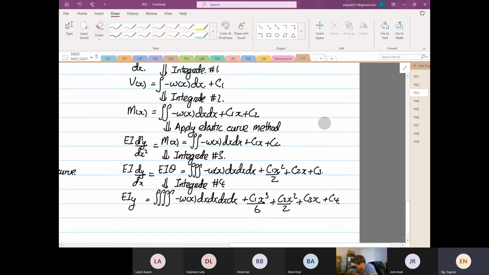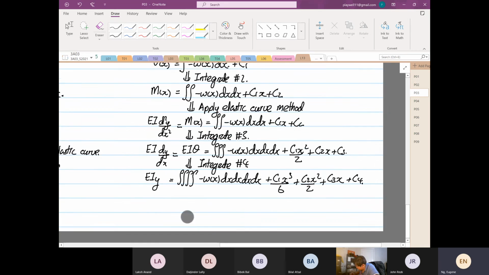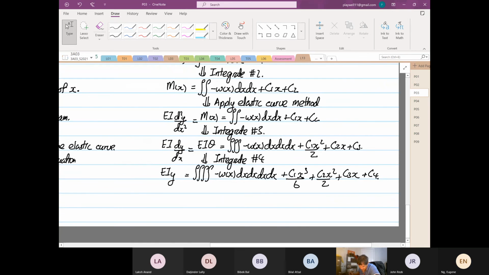Let me tell you what the characteristic of this method is. It's that C1 to C4, you have 4 constants. Yes or no? So we are given